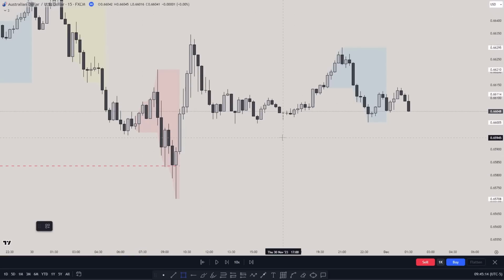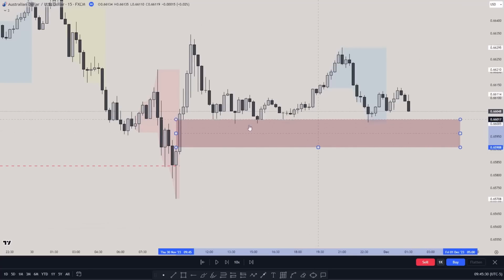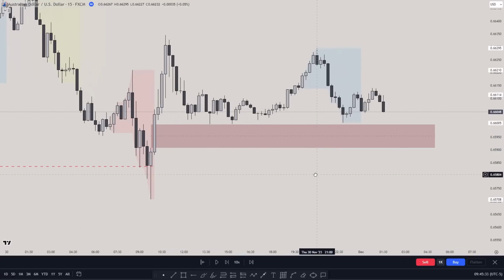This is all confluences. I was really focused on the fair value gap that has liquidity above, or actually inside in this case. So I was putting my fair value gap like this and waiting for this level to be taken. So this was the lowest level. We have more liquidity here and more liquidity here.